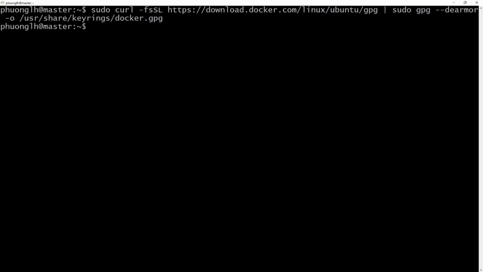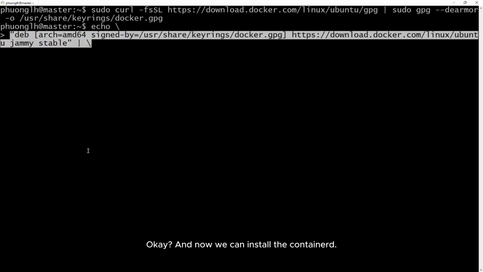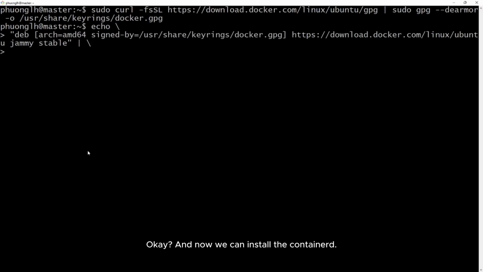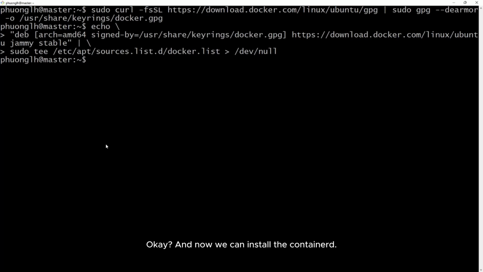Next command. Okay. And now we can install containerd.